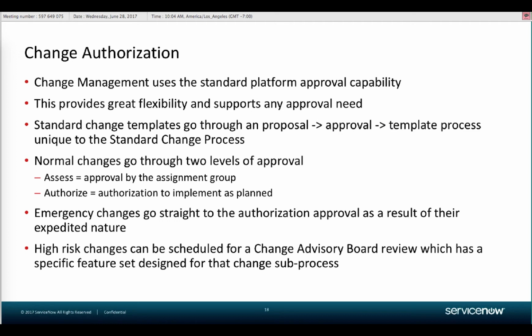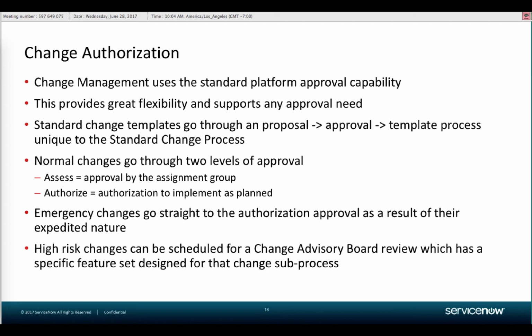And once it's in the catalog, you have the ability to control access to those standard change templates using the catalog's inherent user criteria capability. So if you have specific standard changes that should only be requested by members of a particular network team, you've got complete granularity to control access